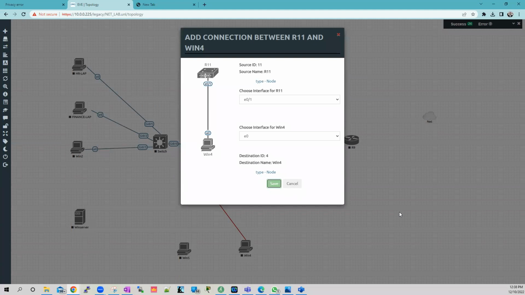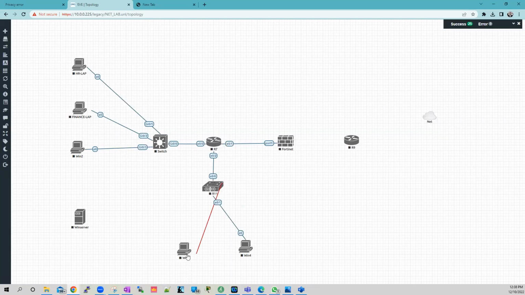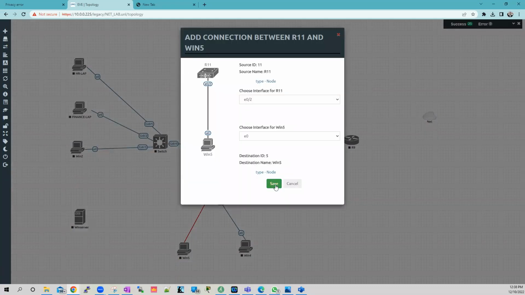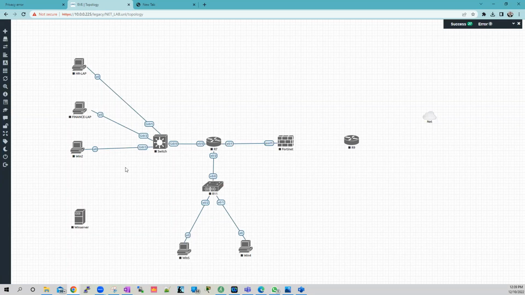Now all these things, our agenda, we design it, and then we go above and beyond. We configure them for all of them to communicate. That is the purpose of networking and network security. If they cannot talk, it doesn't make any sense. So now, if you look at this topology now,